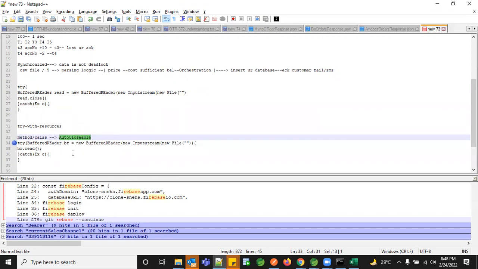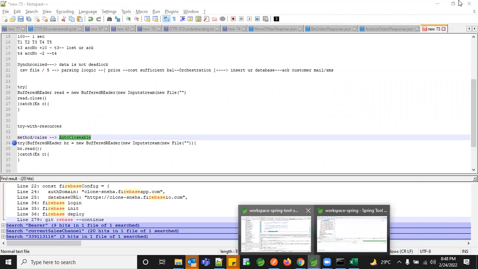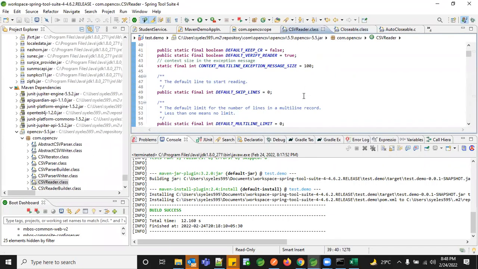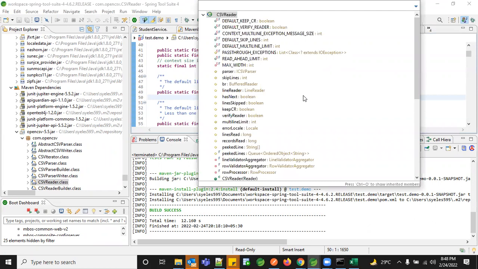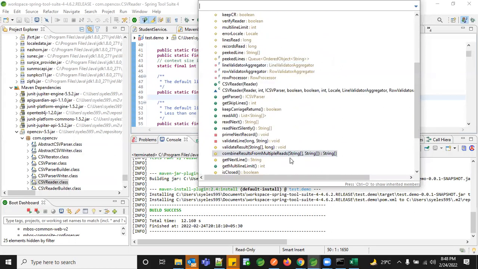Okay, fine. So now let's go back to the CSV part. We'll try how to use this AutoCloseable when we are trying to create our own CSV things. So now on the CSV reader, this is again similar to your buffer reader and writer. However you want to read, everything happens similar to your usual way, but this is prepared, and all the possible parser logic and the methods which we wanted to use more frequently have been taken care of by the platform called OpenCSV, and they have given us all the methods.